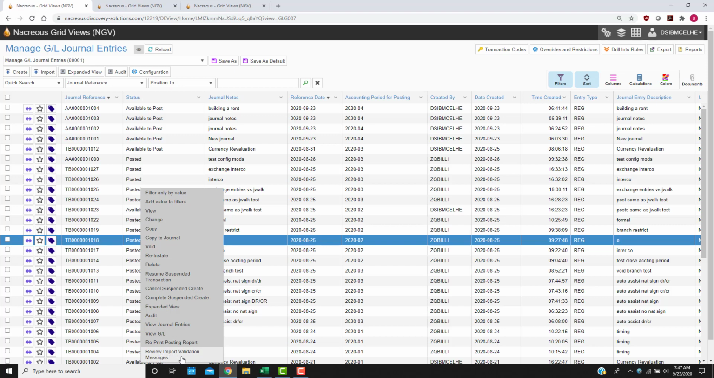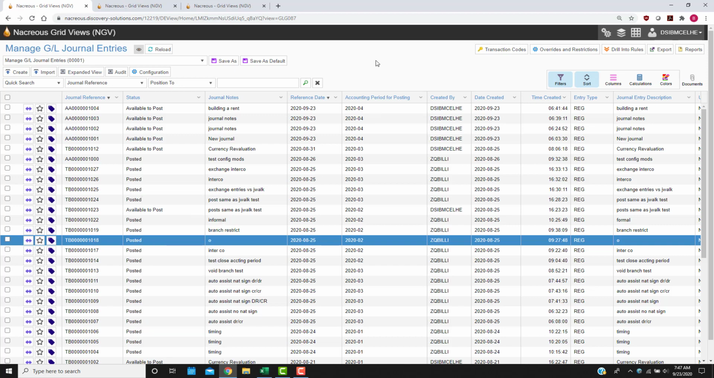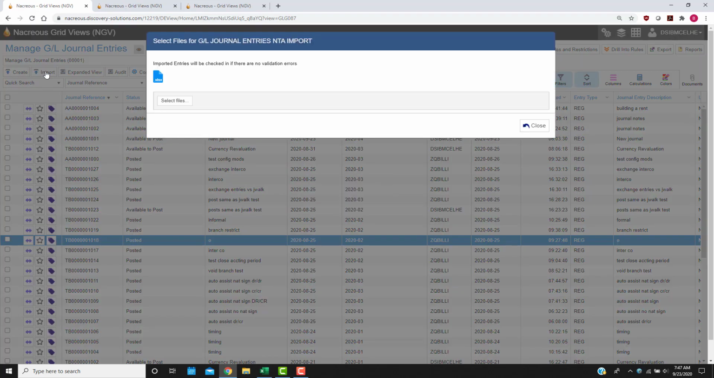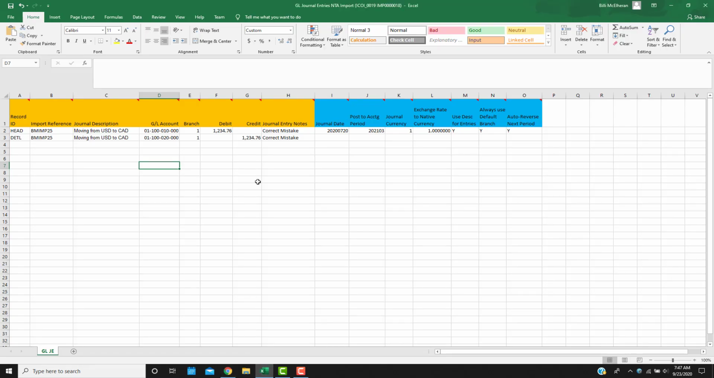So this has to do with when we are importing our journal entries and if you need to review error messages. To import a journal entry, you're just going to click this import button. You're going to select the file. I'm going to bring up the file. So our journal entry import file looks something like this. What's required of you is kind of put in a comment at the top. The orange ones are must-haves. The blue are